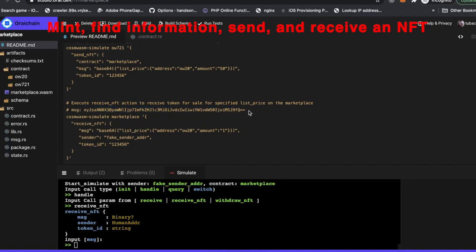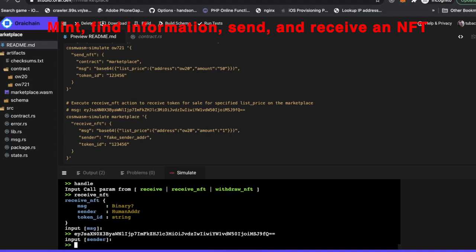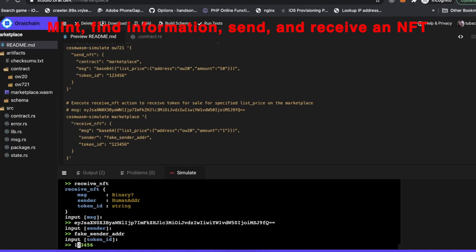The message is also in base64 encoded format, including address. The address will be the OW20 interface address of the smart contract, and the second parameter is amount, 1 for example. The sender will be the fixed sender address and the token ID.